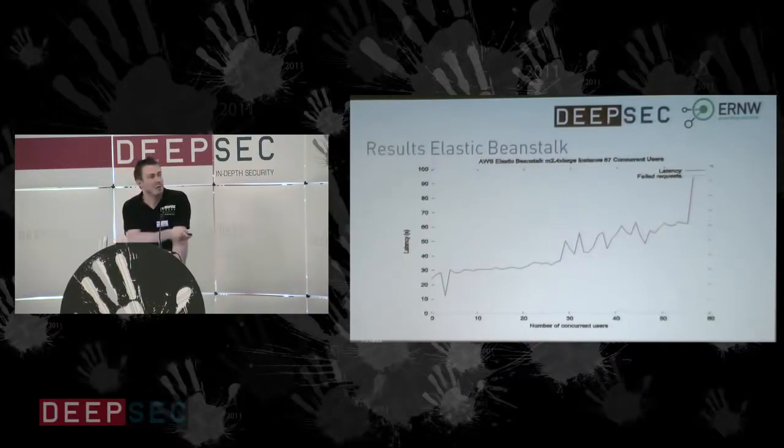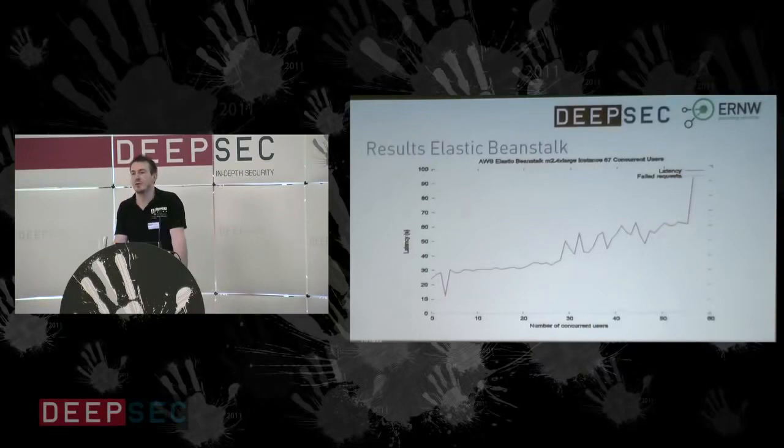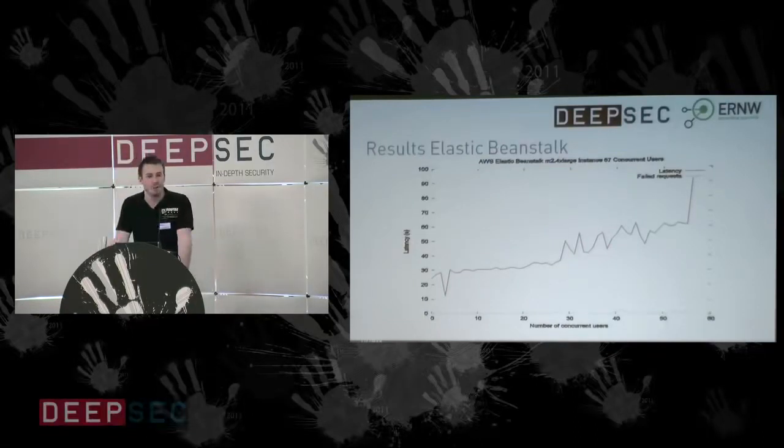This would be okay. We have experienced performance jitters in virtualized environments before. There are also papers on it which describe these jitters. But more interesting is the sharp drop when simulating more than 57 concurrent users. It was reproducible that when I simulated more than 57 concurrent users, the Amazon instance became unavailable. So the load balancer answered with an HTTP 503 service unavailable error. And this was reproducible. Any time I simulated more than 57 users, the instance became unavailable,